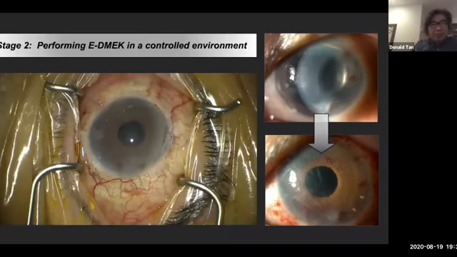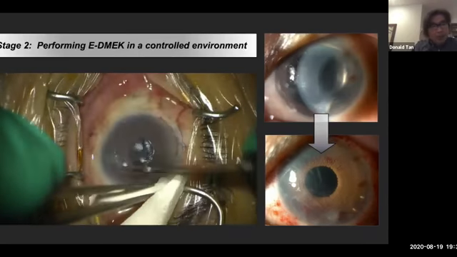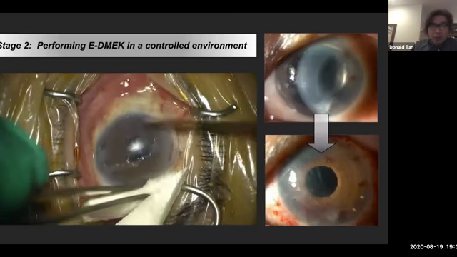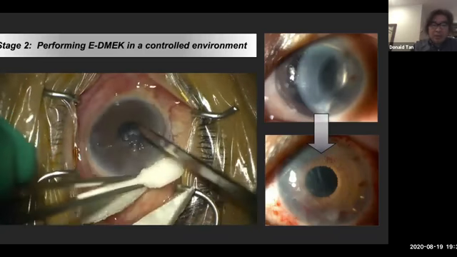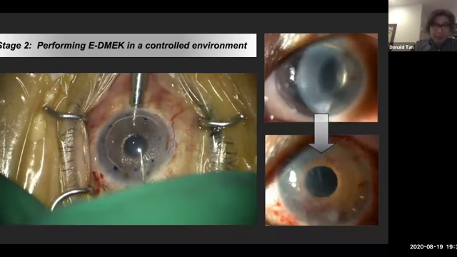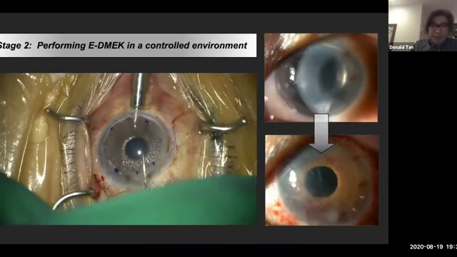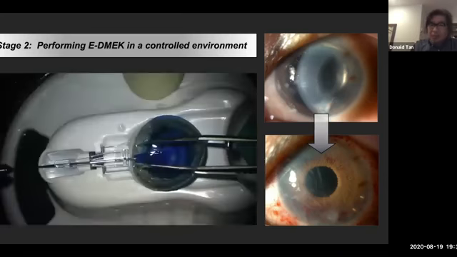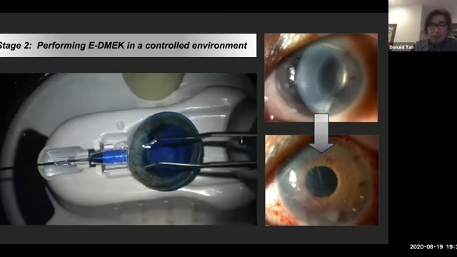And this is about a month later. You can see the eye's quiet. The iris looks pretty normal. The chamber is normal. And really the whole concept is that now this is almost like a normal DMEK. Okay, good thing is air stays here, so the chamber doesn't collapse. You can get it a little bit shallow, but it won't collapse on you.